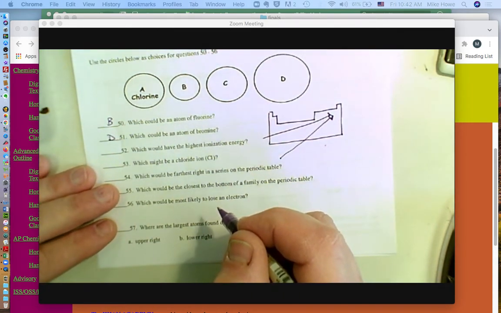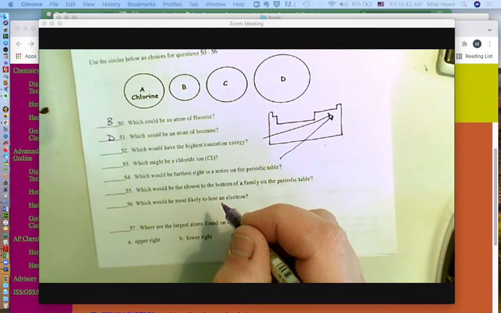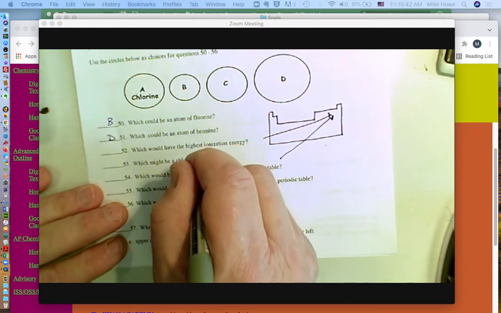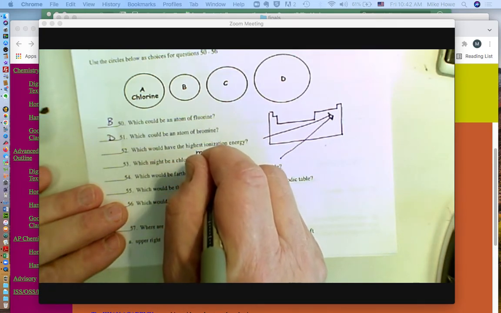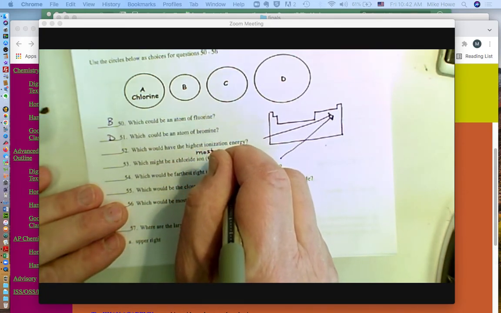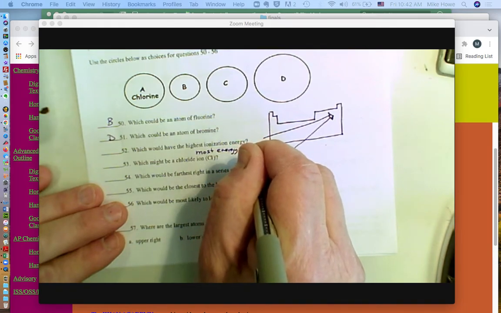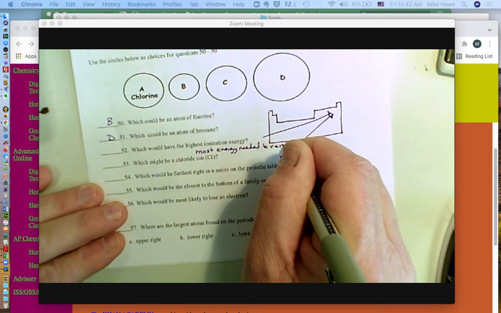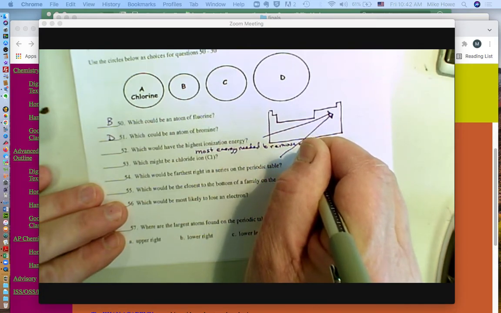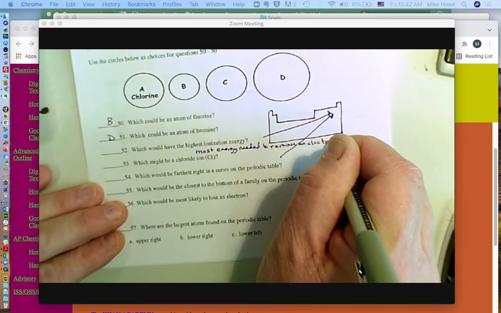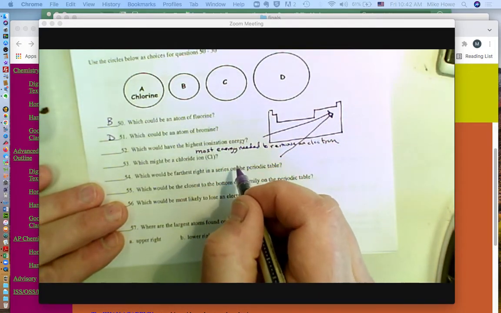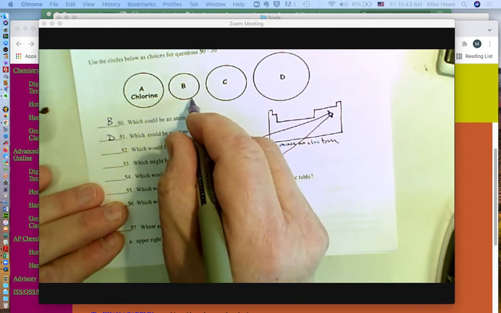The highest ionization energy, that would be the atom that holds its electrons the tightest. So another way to say this would be most energy needed to remove an electron or to pull off an electron. So that would be the smallest one, wouldn't it? Because they're small because they're holding their electrons tighter. So that'd be letter B,